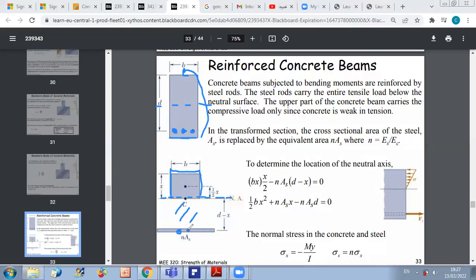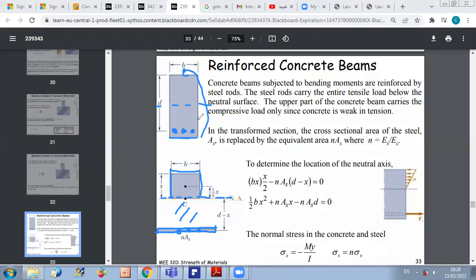Now, we can model the steel rods by a very thin, if you want, area, okay? So you can consider that this thickness is very small, negligible, okay? And you have the value of your area. So you have like a very long area here, okay, of negligible thickness and large value of length, in a way that this area will represent